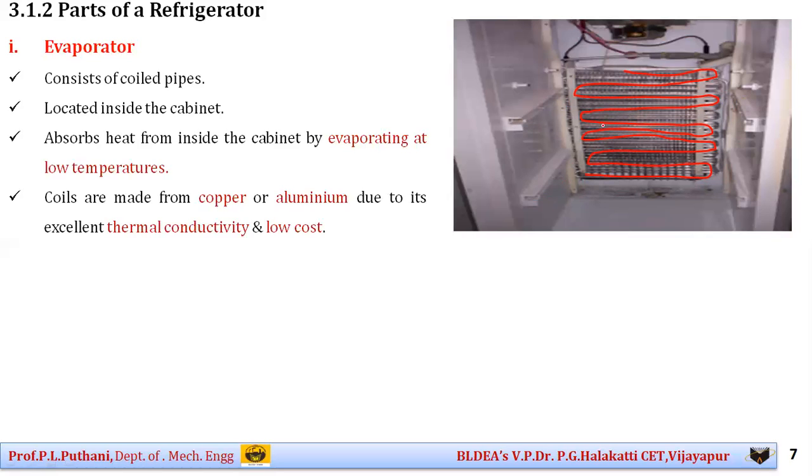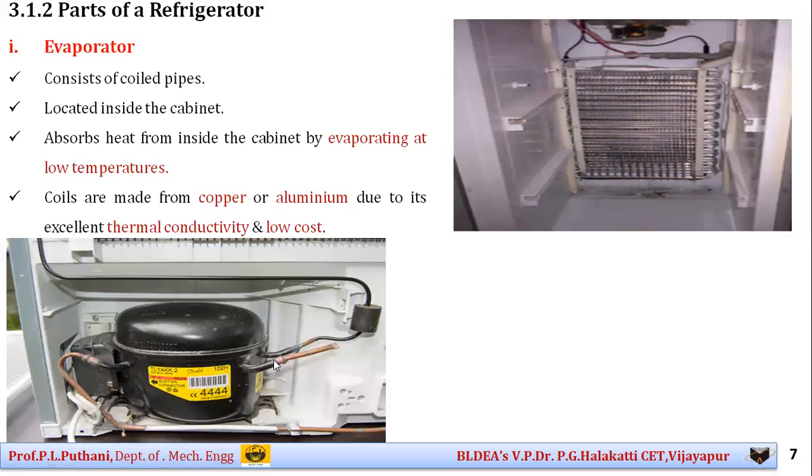Then the next part which you are going to see here now, students, is the compressor. If you observe at the back and bottom side of a refrigerator, it is this machine which is available to you. We call this particular machine the compressor. If you observe carefully, this is nothing but a circulating system, or sometimes it's also known as a pump.